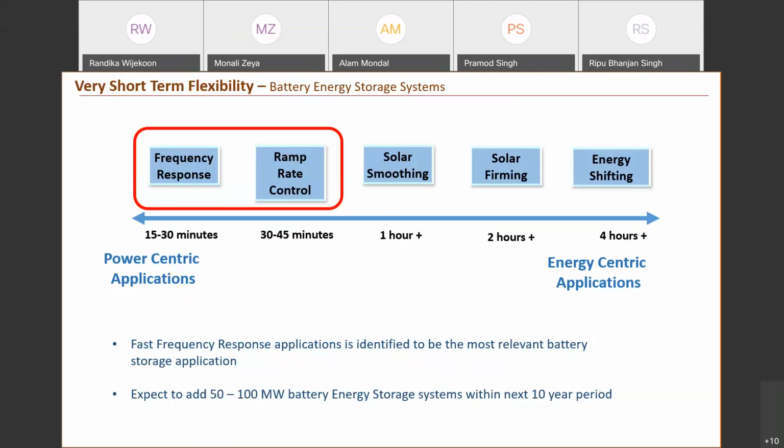So there are plans to add about 50 to 100 megawatt battery energy storage systems between now and 2030, depending on the requirement, and the detailed studies are now going on. If you click forward,